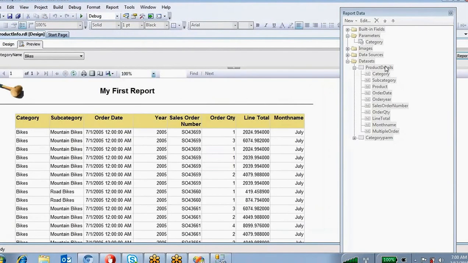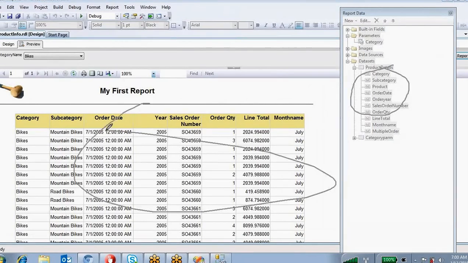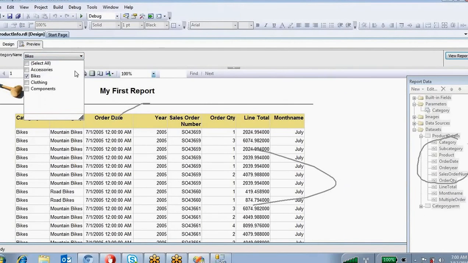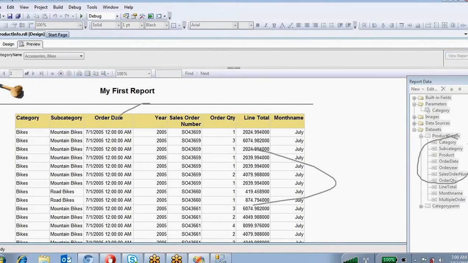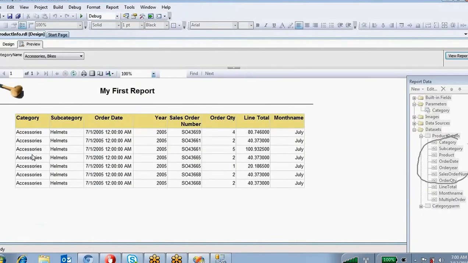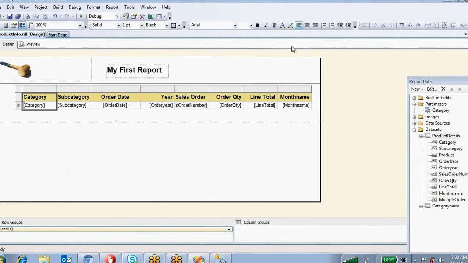The data is coming until this data set, all the data is coming. So in the report, before it is displayed, it will filter the value. You can select any of them. It is filtering the data, right? Got it? Any confusion?